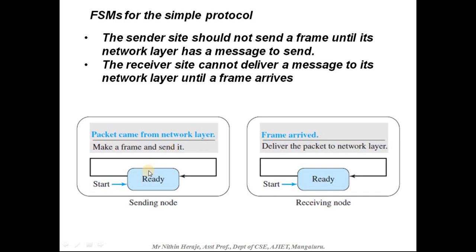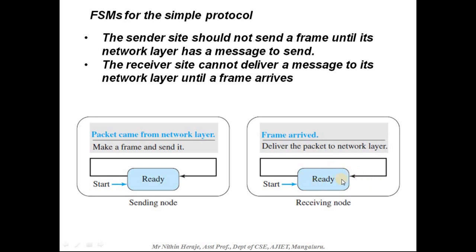So as soon as a packet arrives from the network layer, the data link layer must convert that packet to a frame by adding some information and then send it to the destination. So when this event and action are performed, it will remain in the same state and again be ready to accept the next packet coming from the network layer. Okay, when we move to the receiving node,